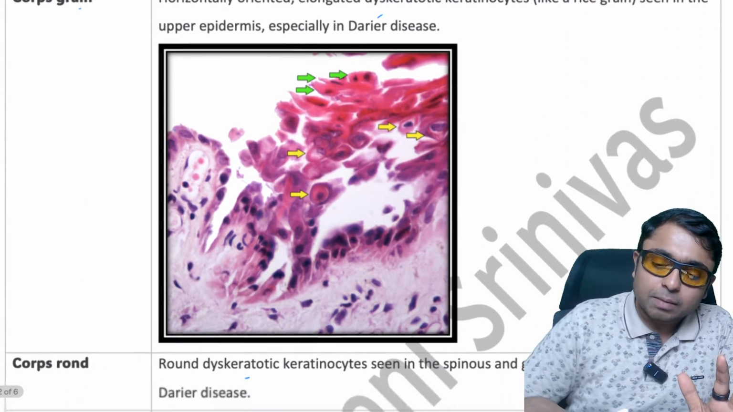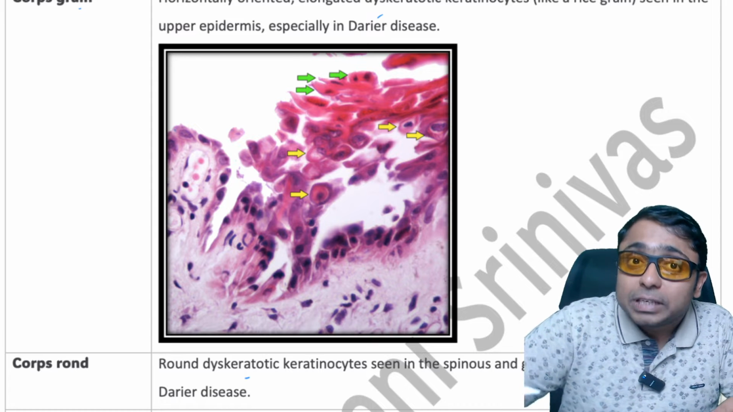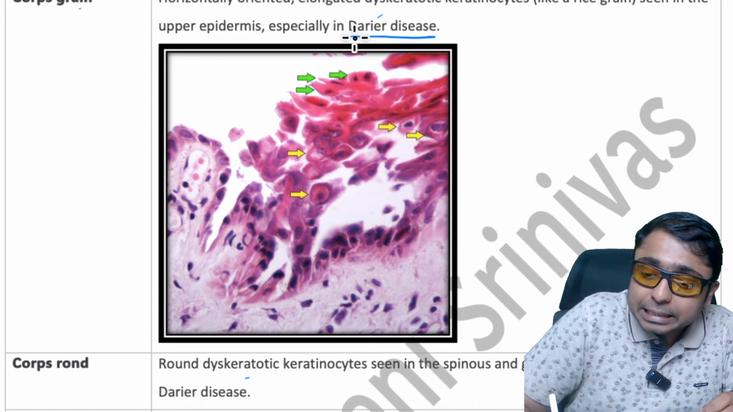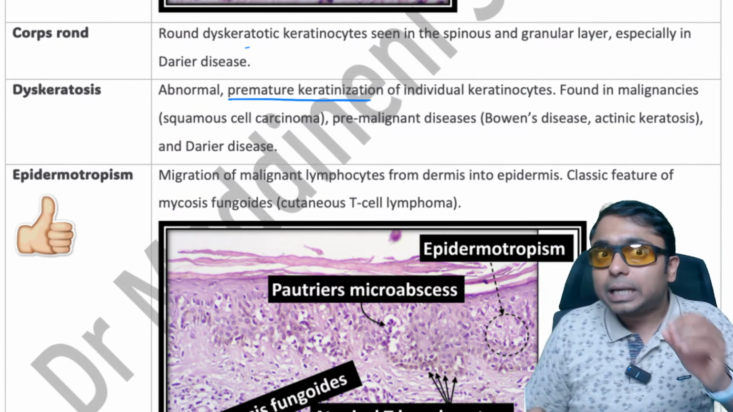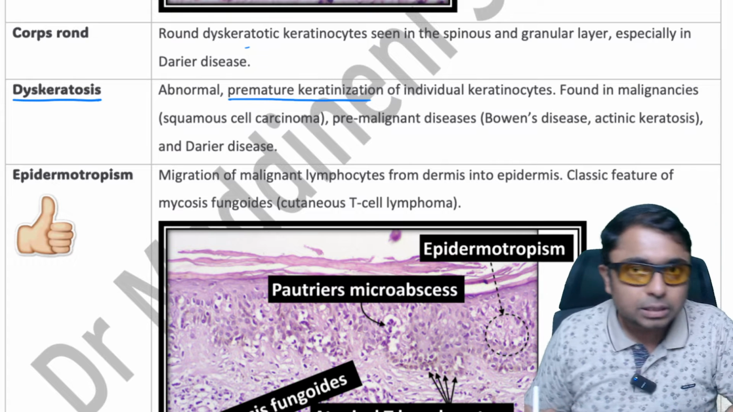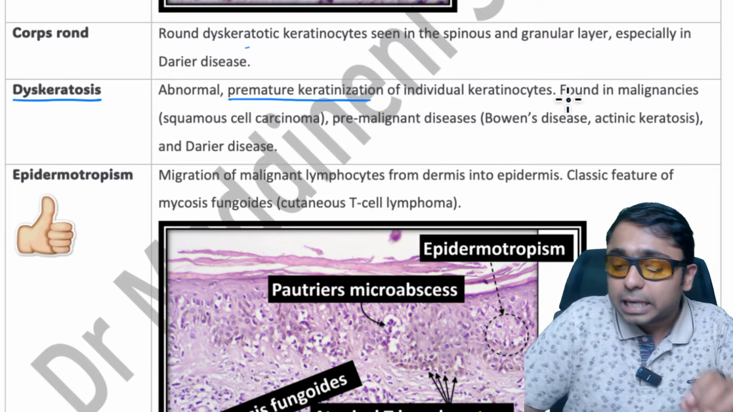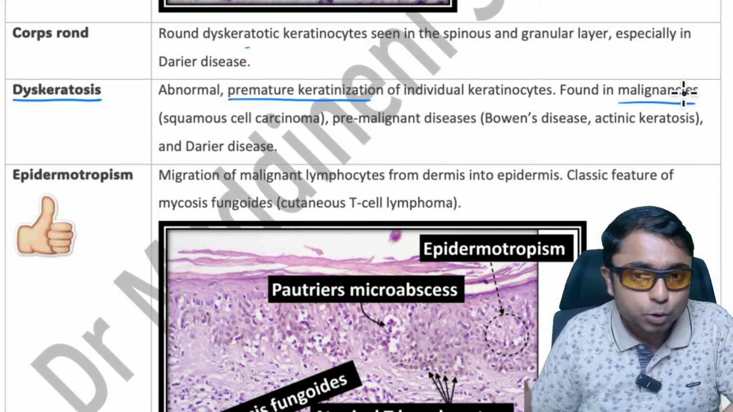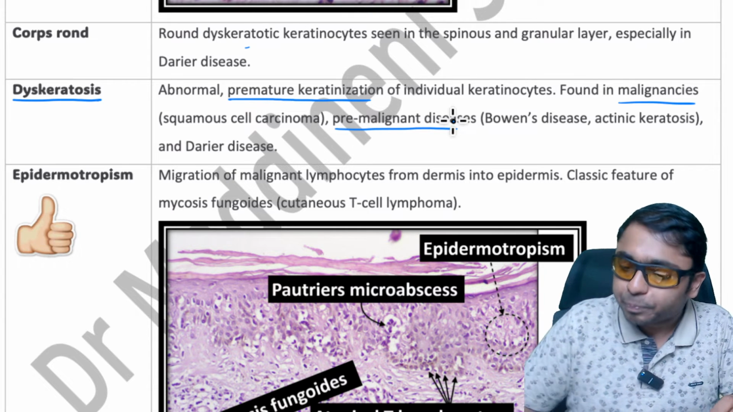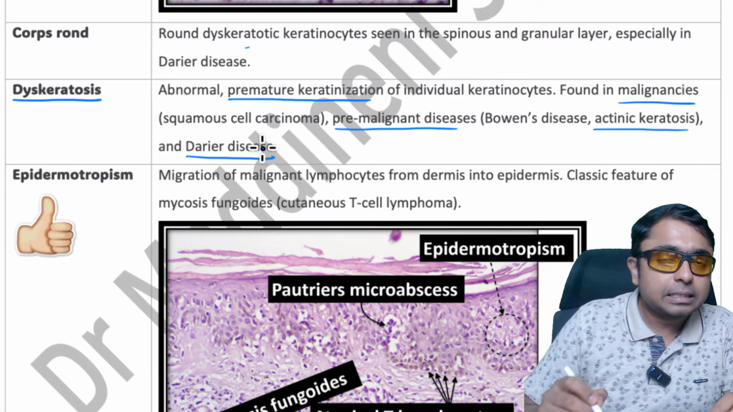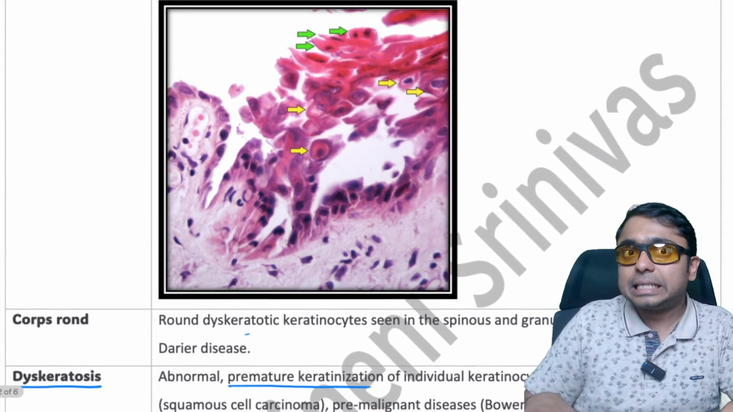Right. Next terms, corps grains, corps ronds are related to a vesiculobullous disorder called Darier's disease. Remember, in this the keratinocytes are going to show abnormal premature keratinization, which is called dyskeratosis. And in Darier's disease, this dyskeratosis can be seen. Apart from this, there are other disorders, like for example in the malignancies, remember squamous cell carcinoma. In the pre-malignant disorders, Bowen's disease, which is squamous cell carcinoma in situ, and also actinic keratosis and Darier's disease. In all these disorders we can see this dyskeratosis, and specifically in Darier's disease we are going to